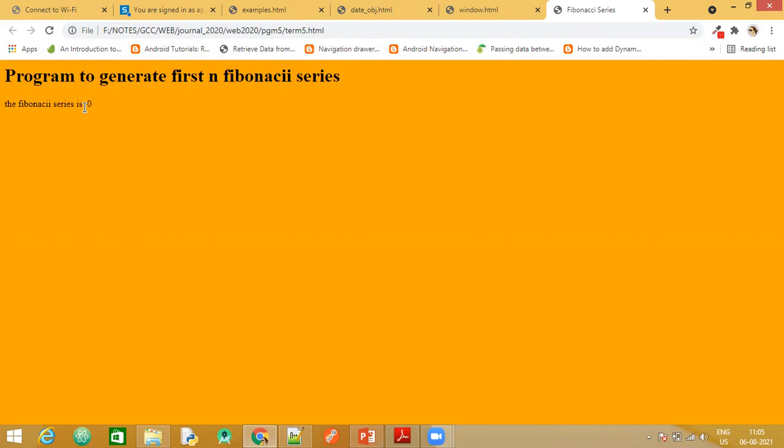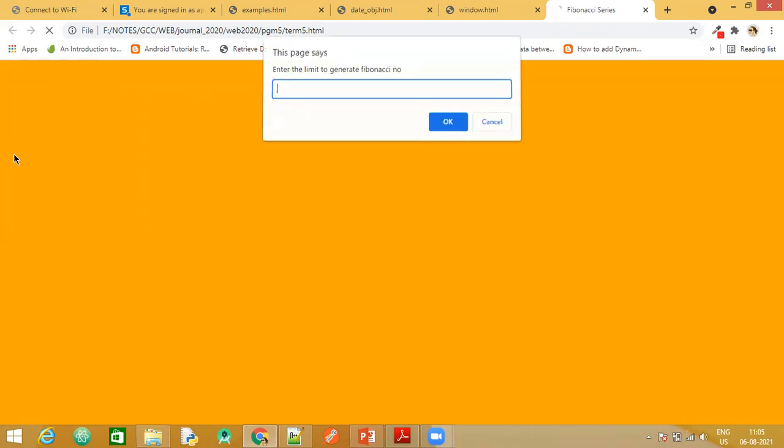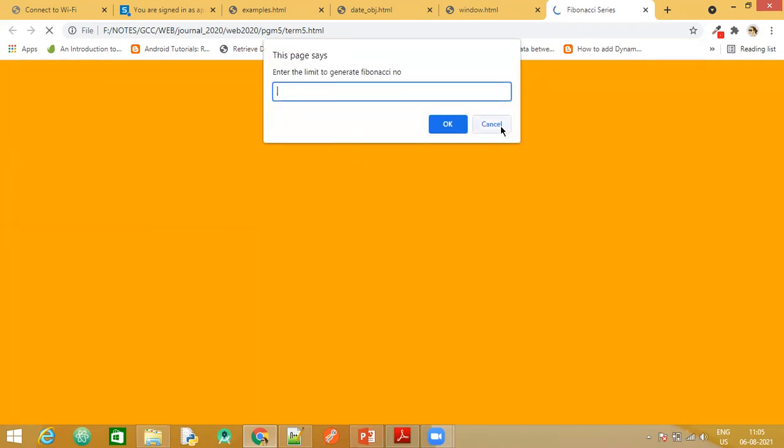You can see the first Fibonacci number is getting printed. Now if I enter a proper input, num as 5, you see 5 Fibonacci numbers are generated. Another case: if we just say cancel, it is going to give me invalid input.